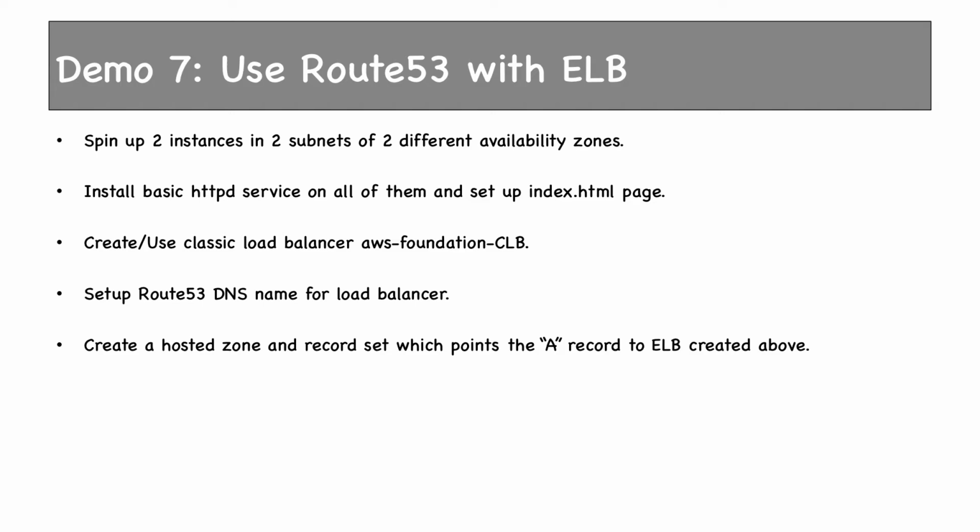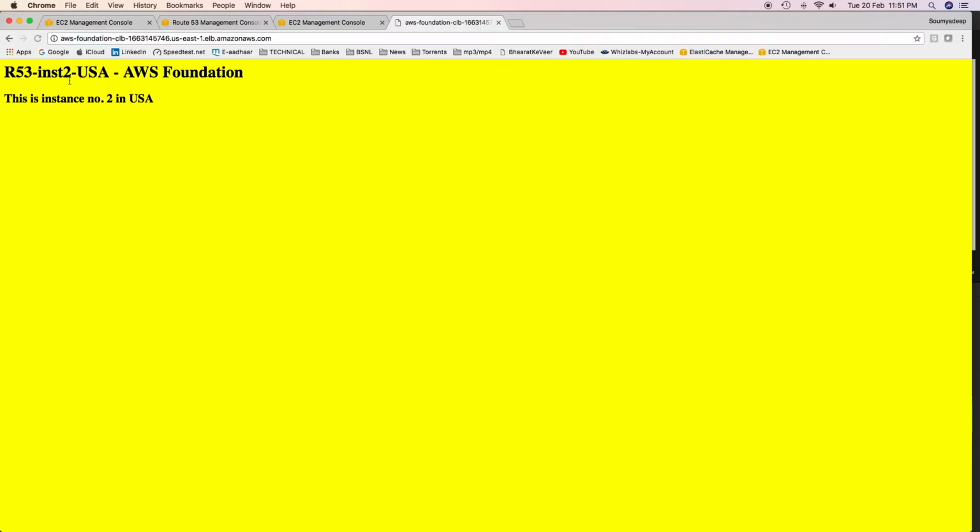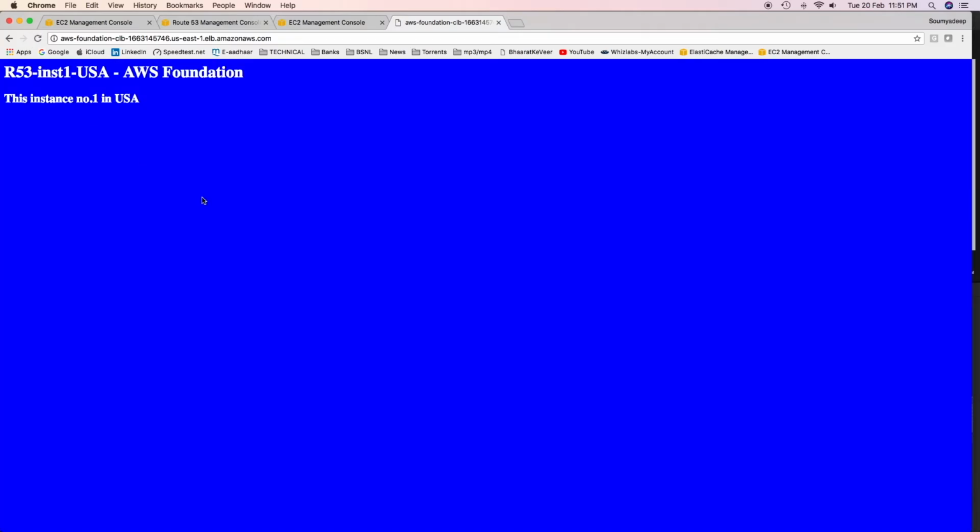I already have two EC2 instances up and running in North Virginia region. I'll use those two EC2 instances and put them behind a classic load balancer. And then I'll use the domain name aws-foundation.tk to reach to this load balancer. I have created this load balancer and it is going to the EC2 instances in North Virginia region. As usual, the traffic distribution is proper. Let us go ahead and integrate Route 53 with this load balancer. So next time after the integration is done, we'll not be using this DNS name, we'll be using aws-foundation.tk domain name to get the same feature.